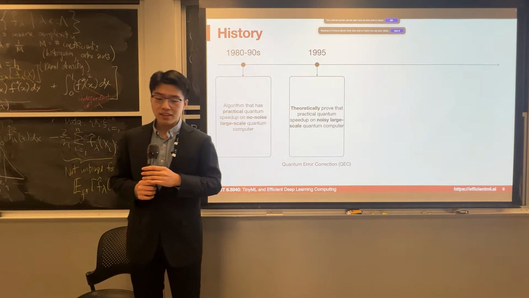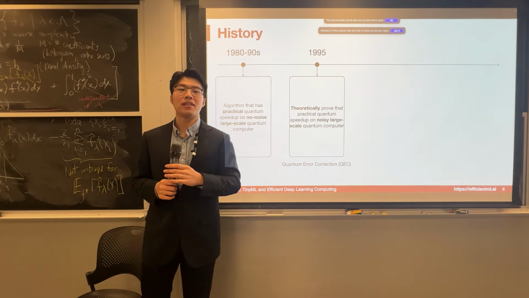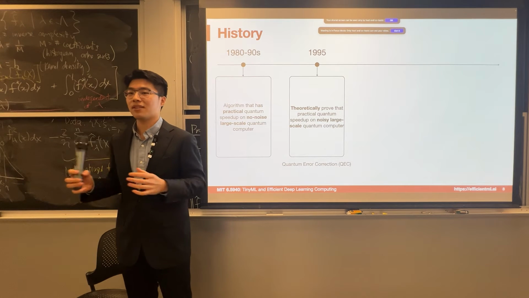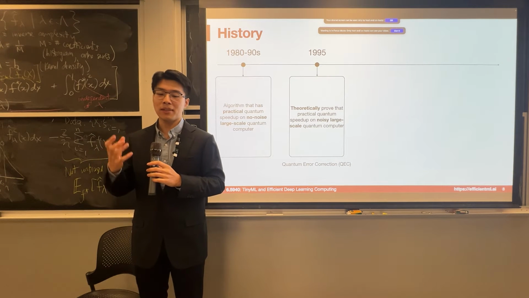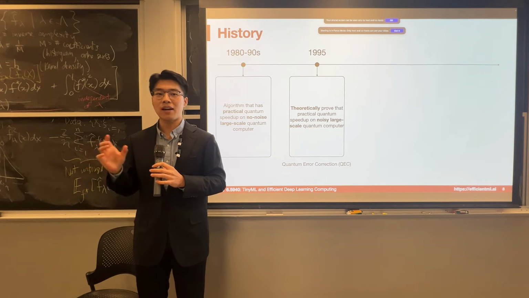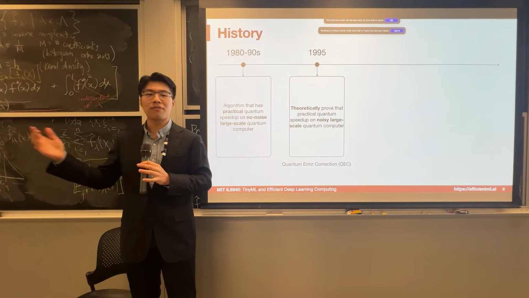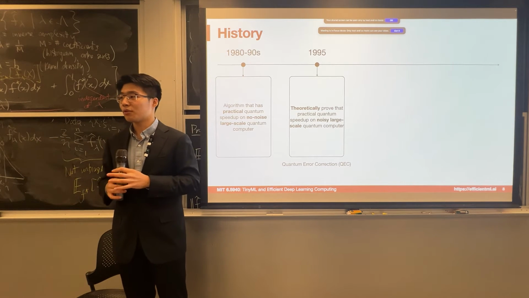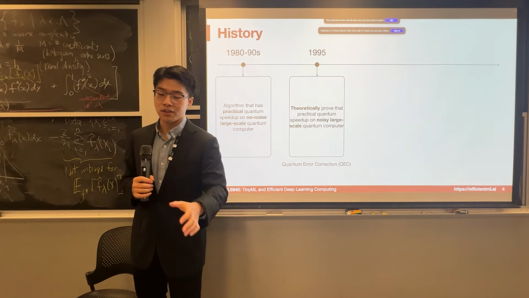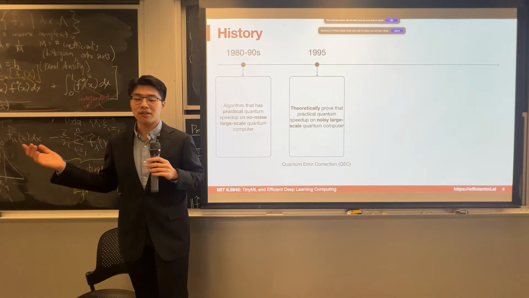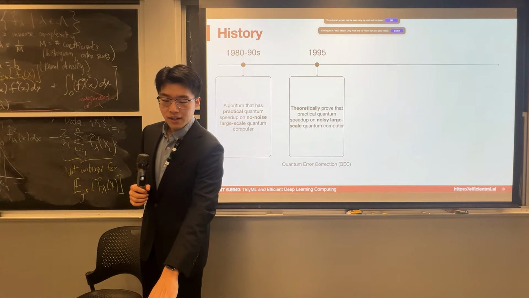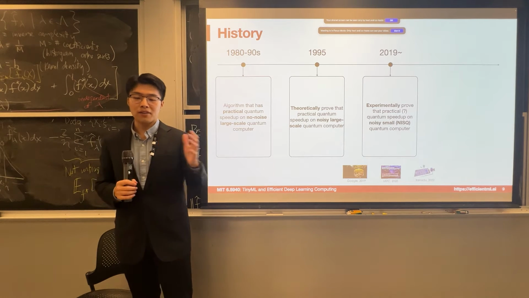Just like a simple example, I send you a 1 bit, and maybe there is some noise, so maybe I can send you this bit repeated 10 times. Then you receive the 10 bits, and maybe some of them are still the original one, and some of the others are flipped because of error. But as long as the error is not that large, not flipping over 50% of them, you can still do a majority vote to recover the original information, right? So that's also the intuition behind the quantum error correction code. As long as we have a larger scale system, we can trade redundancy for better reliability. So that is the theoretical proof from back in 1995.